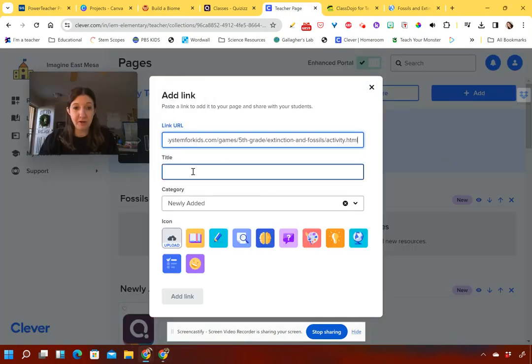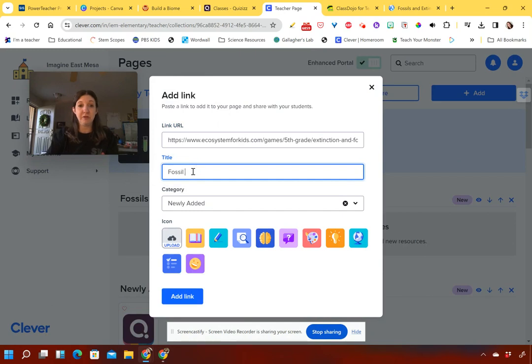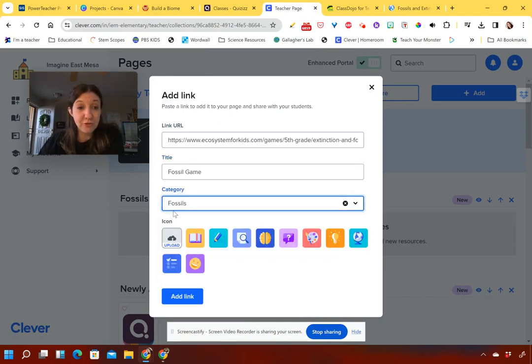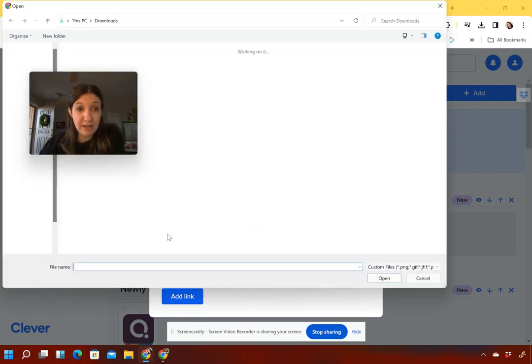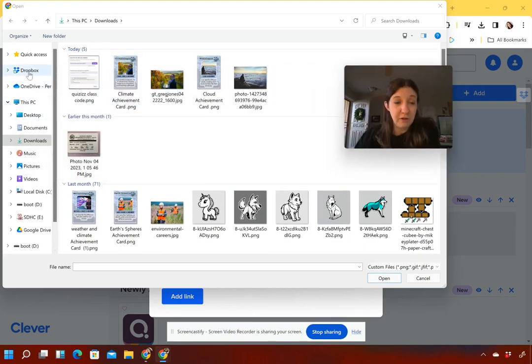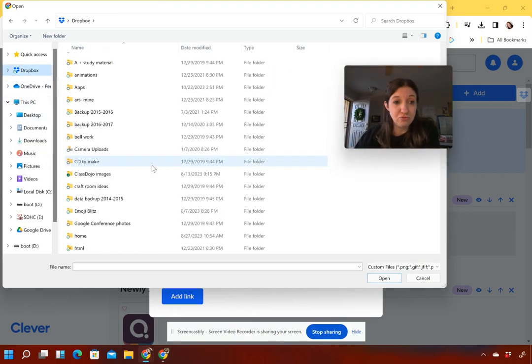So you type it here, fossil game. Then you can pick which category. So if you have a lot of categories, you can choose it. If you only have one, whatever. And then you can upload a picture. So I want to go to